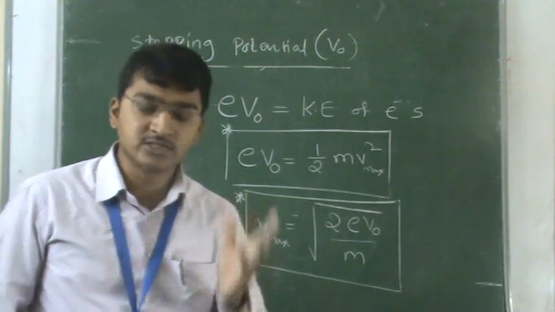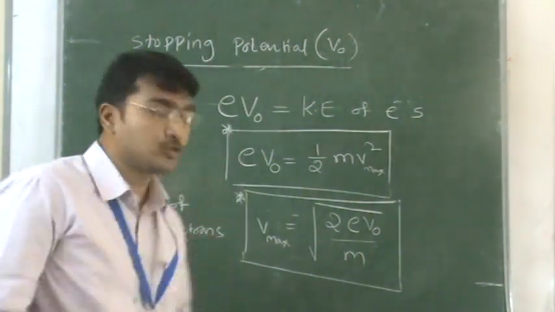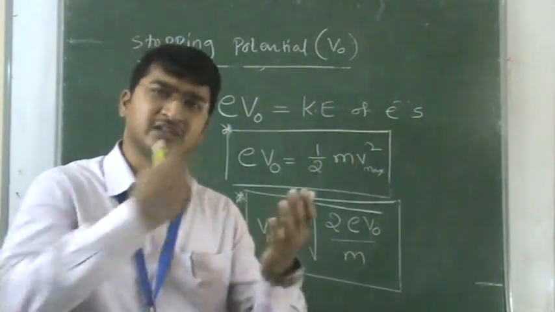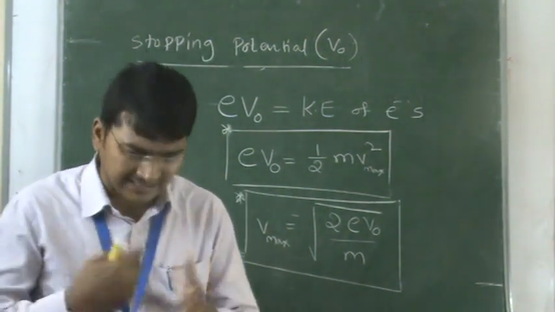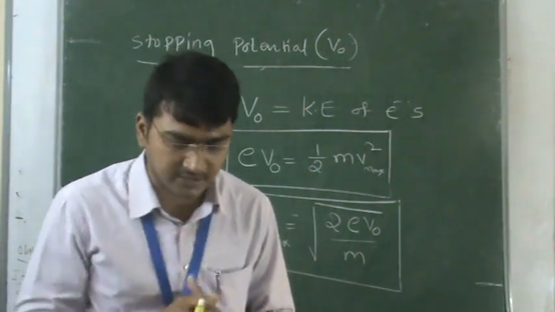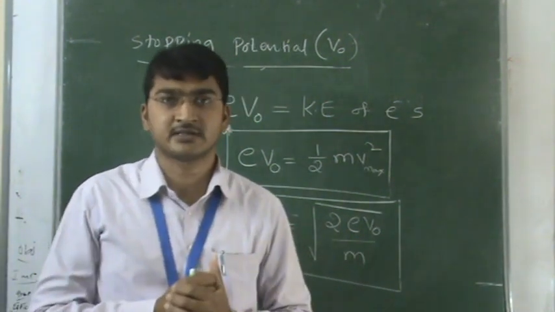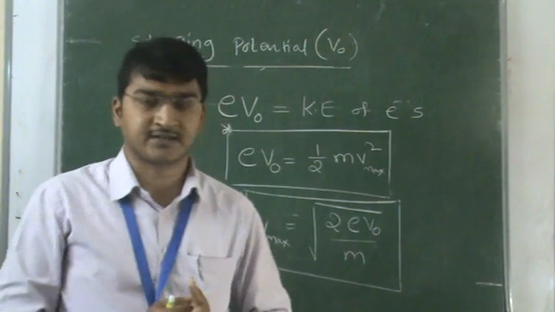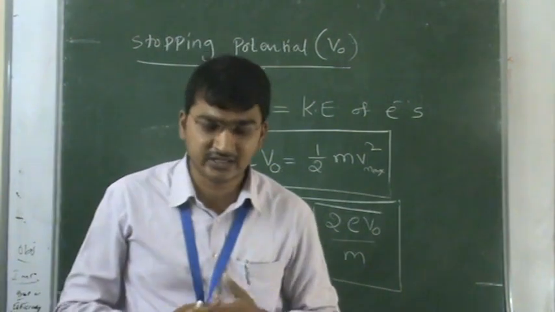What are the laws? They are also called experimental studies or experimental observations. As I told, Hertz first observed the photoelectric effect, in presence of UV light. Then Hallwachs and Lenard did experiments. But who did the experimental verification? Already I said that: Millikan. Millikan experimentally verified the photoelectric effect, at low and high frequencies. These data we already discussed in the last session. So this is also called the Millikan equation and Einstein's experimental observations.